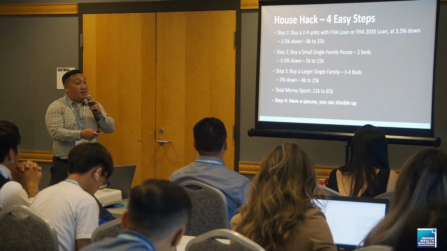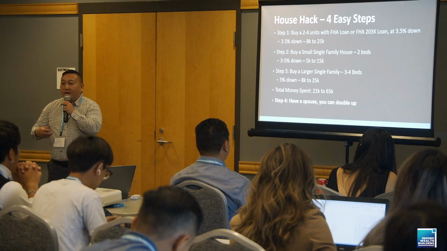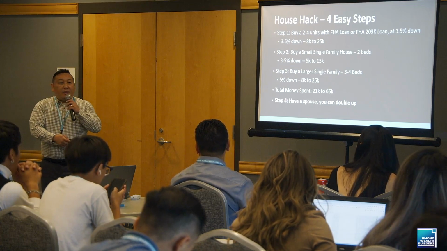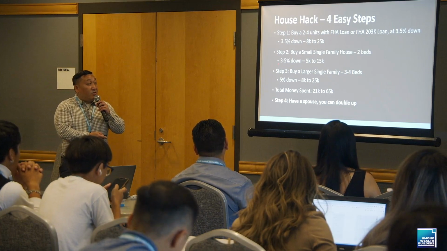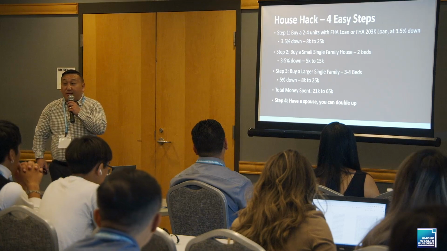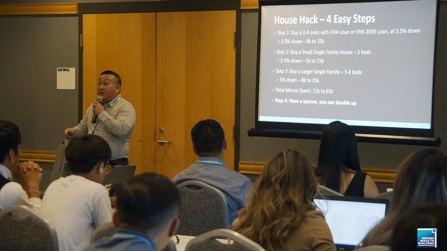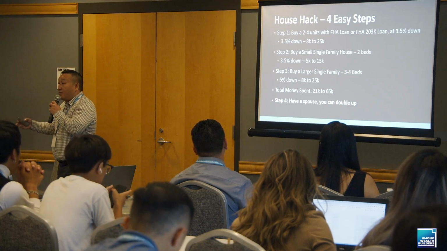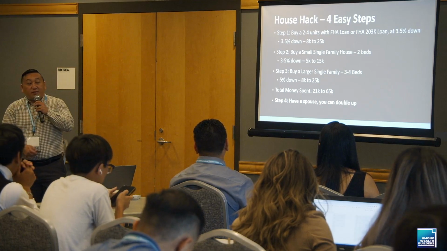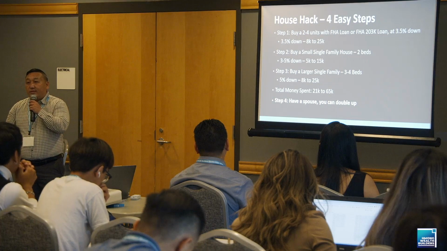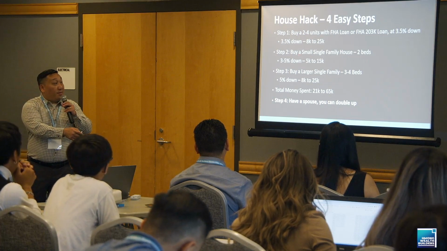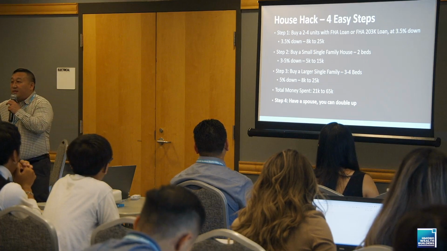You have to own or occupy this property again, right? So you could move out, search for a small single family. And you have a reason to move out, so then you could just move out with a very small down payment again, 3 to 5% down. These are conventional loans, right? You have to own or occupy the property. So you need to move out of your fourplex here and then go live in the single family.